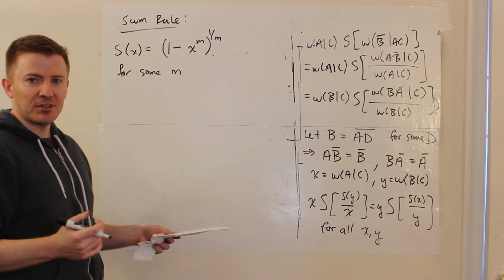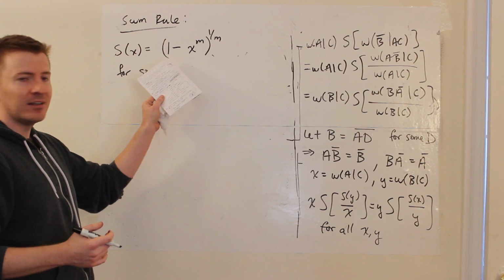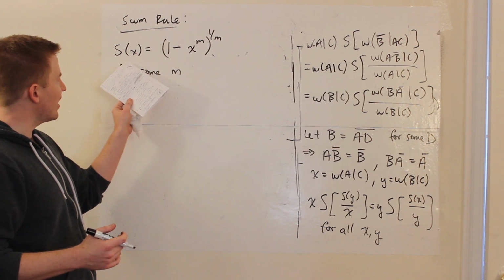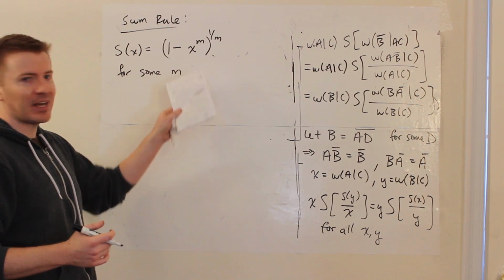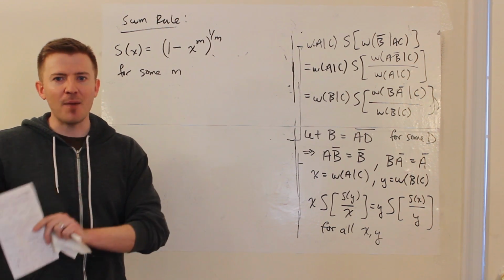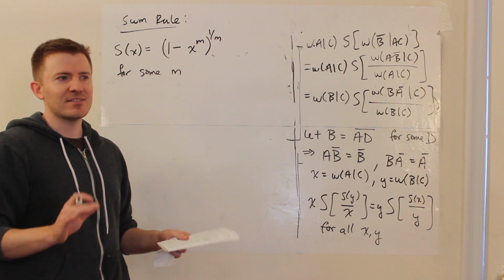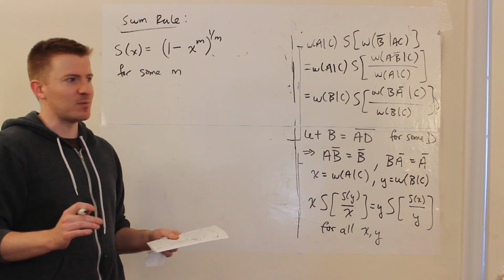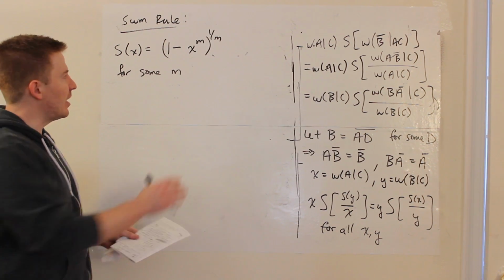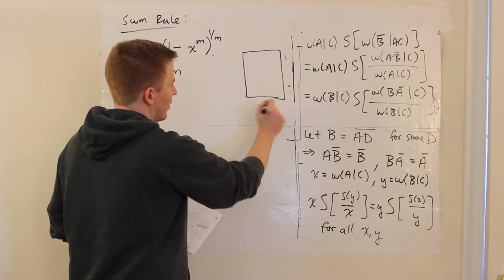Maybe a couple of particular examples that might be useful to think about. Well, first of all, if we take m equals 1, which is really kind of the example that we want in the end, what this is going to say is that S of x is just 1 minus x, right? So probability of the opposite statement, not A, is 1 minus the probability of A. That seems pretty suggestive. Another maybe nice choice could be m equals 2, in which case, if we think about this on a graph,